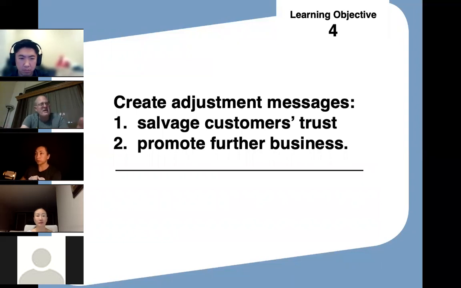Things kind of went sour, but we can improve it. I need the customer to trust us again so that we can continue to sell them the product that they buy from us. Number two, I'd like to promote additional business for the future to add on to what they're already buying from us today. So the first piece is fix the relationship, and two, start building again to do more in the future.